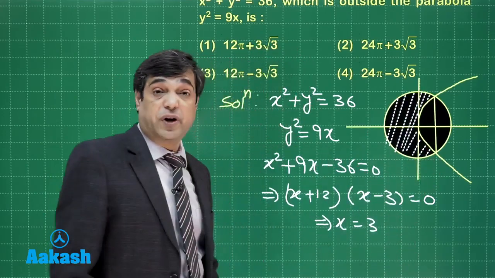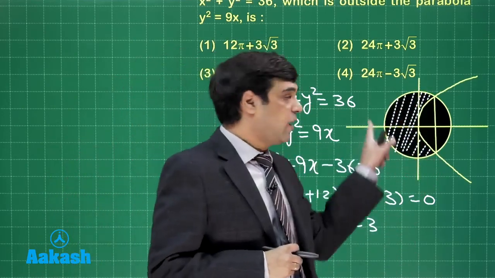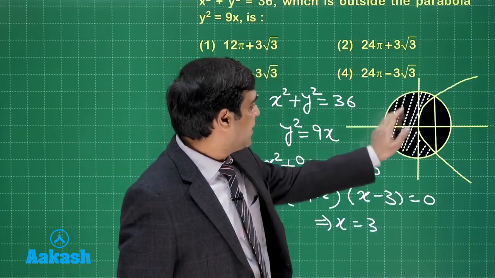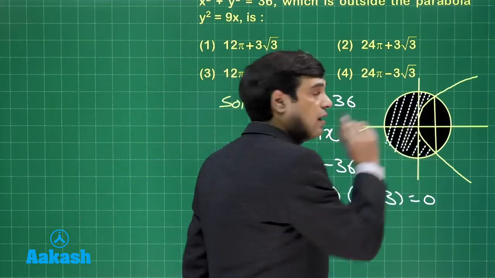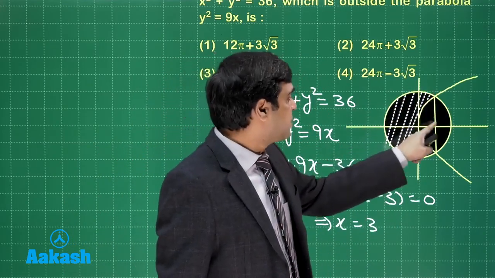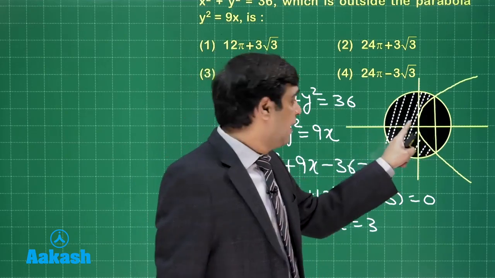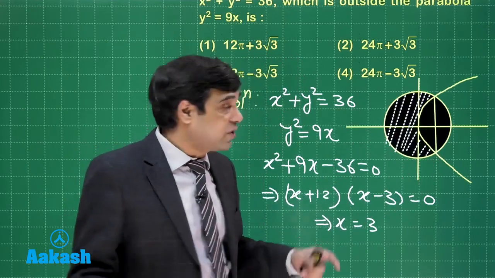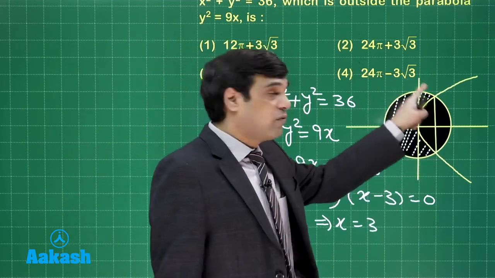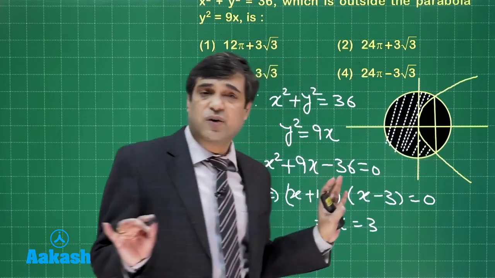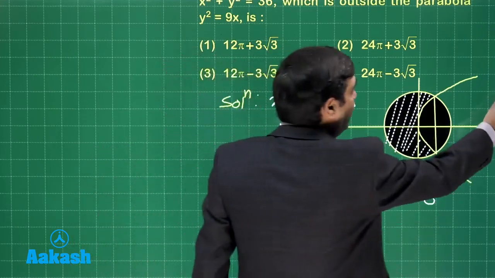Correct? Now what are the possible ways? We know the area of circle, right? One option: find the area of the semicircle and add this area. How will you obtain this area? This is simply the area of circle minus the area of parabola in the interval 0 to 3, and just double it. Second possibility: write the area of the complete circle and subtract this portion. Any of the two can be applied. So let's go with